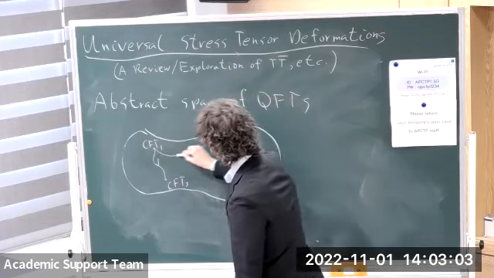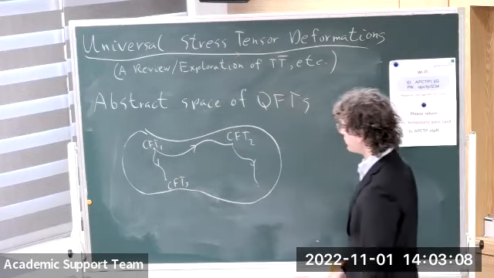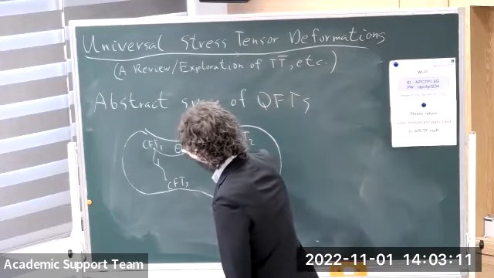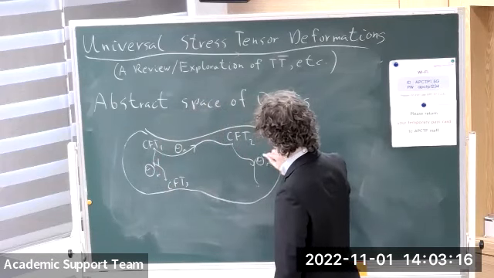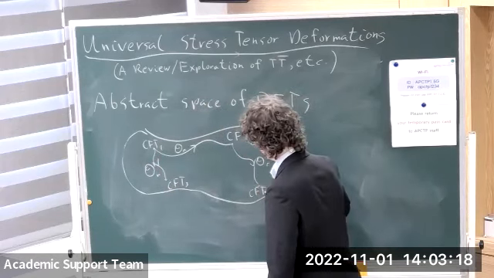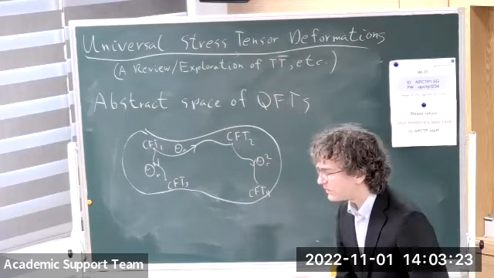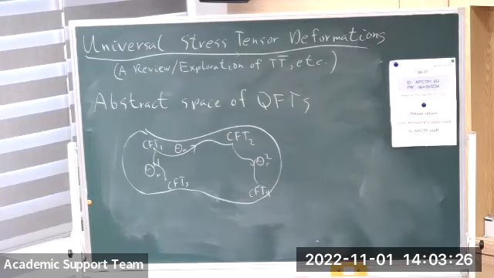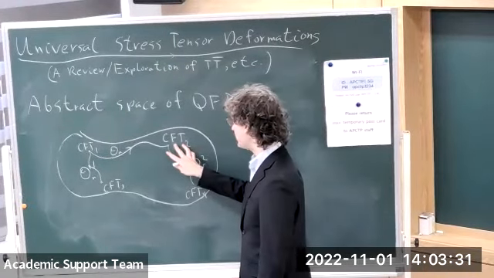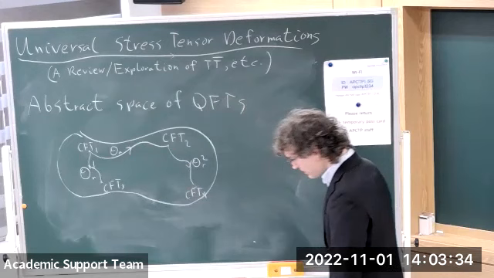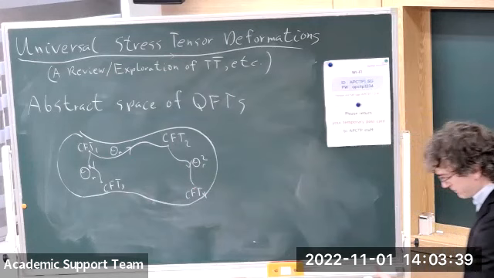There may also be marginal flows, which connect a line of conformal field theories. So these are generated by adding some marginal operator, if you like. So maybe some O marginal. There's some O relevant 1 over here, and maybe some O relevant 2 over here, and so on. So this lets us think about the space of quantum field theories in a mapped out way where we have certain signposts that are conformal field theories and then paths between them that are generated by operators. So this is great. This lets us think about the space of conformal field theories in a useful way.